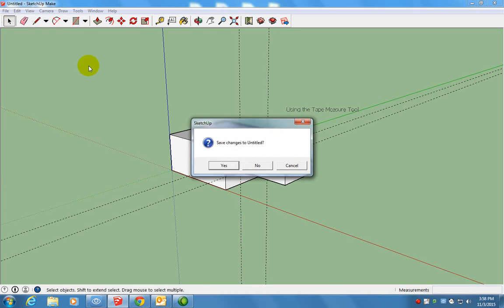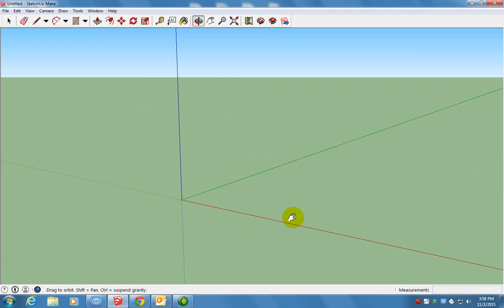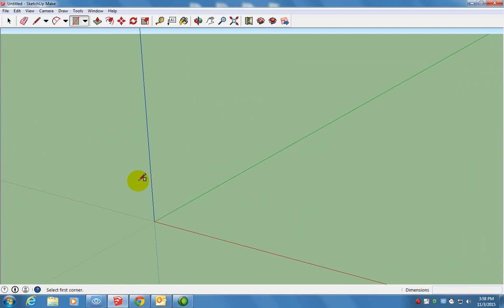We're going to go ahead and open up a new file. Not going to save any changes here. We're going to get rid of this guy. Just hit delete, and we'll start drawing. So R for rectangle. And now that we've got our rectangle set up, I'm going to click that, and down here at the corner